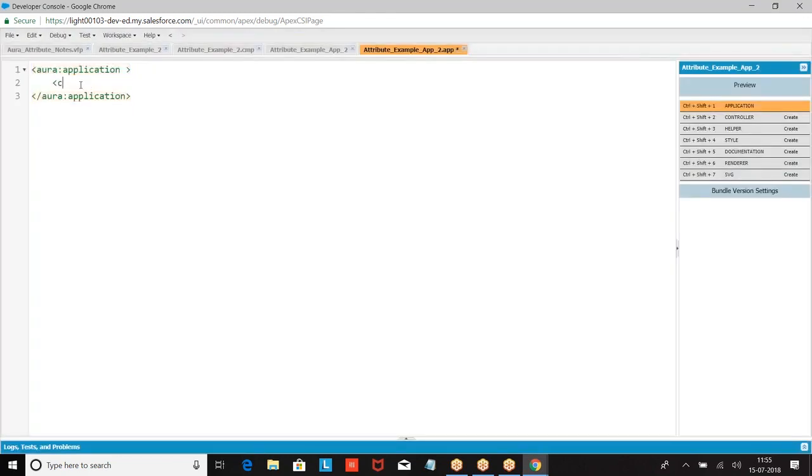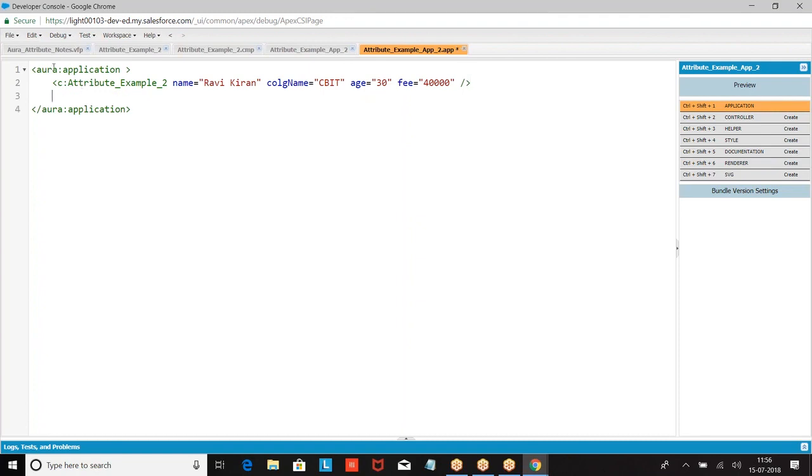So how are you calling it? c colon attributeExample. So this is how we created.